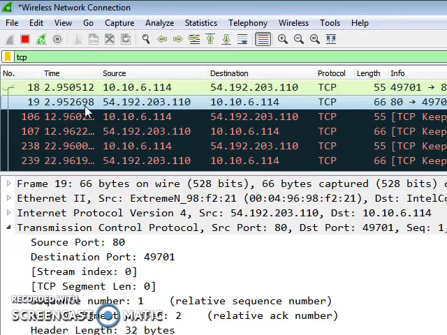The first is the source port, which belongs to the sender. It is a 16-bit source port number. It belongs to the sender who is interested in sending the message over the network. The next is the destination port. It is also a 16-bit number. It belongs to the receiver who is interested in receiving the message sent from the sender over the network.